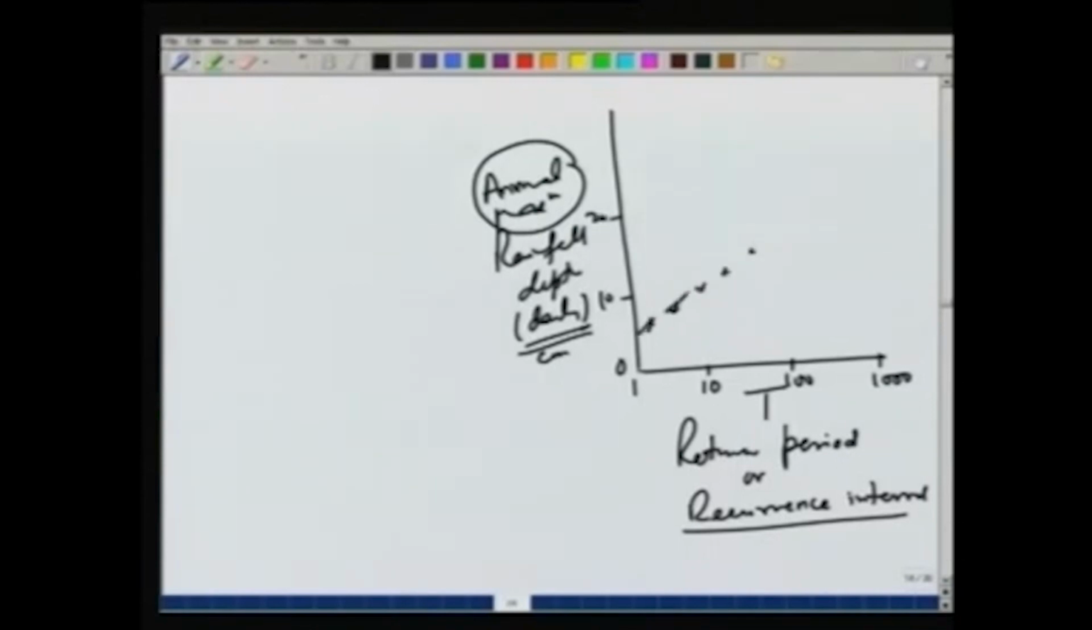So, typically we would get a curve like this, and suppose we have 50-year data, then generally it will stop near 50. But based on these available records, we can extrapolate the data and obtain the 100-year rain or the 1000-year rain. So, this gives us some idea about how frequently a rainfall event will occur, which is important to